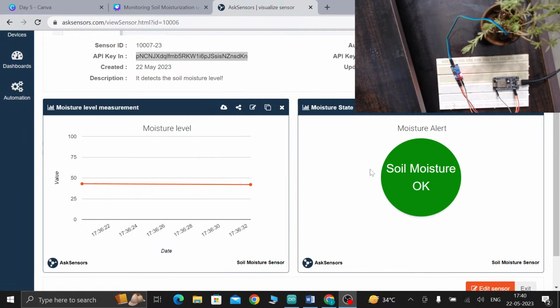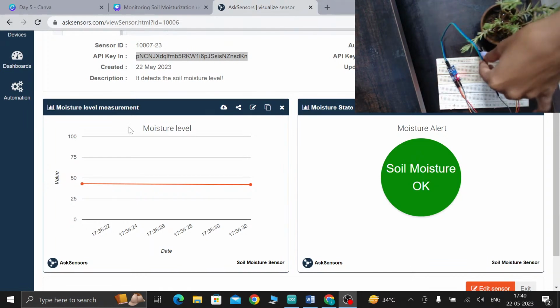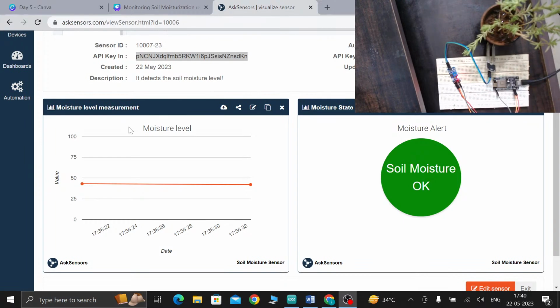So if I remove the probe from the soil, it will show like it needs water. Wait for a few seconds. It will update.